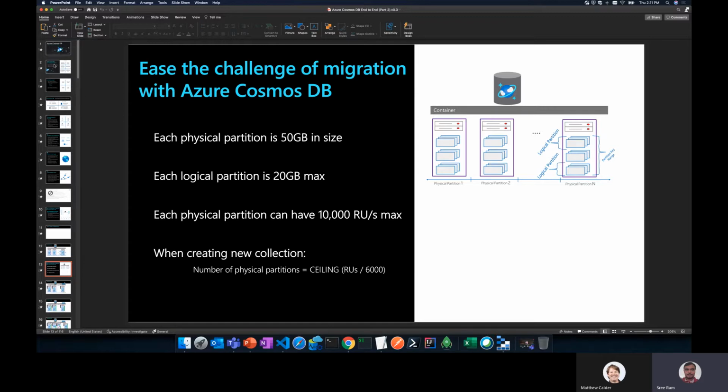As you can see here, every physical partition is limited to 10,000 RUs per second. So you need to understand that as you are querying across partitions, which we call a fan out query, you are actually reading from multiple partitions. And what if every partition is limited to lower RUs per second, which you will see very soon how that can happen. So we need to make sure we understand the characteristics of a physical partition while designing